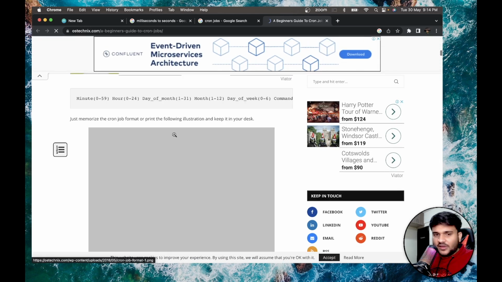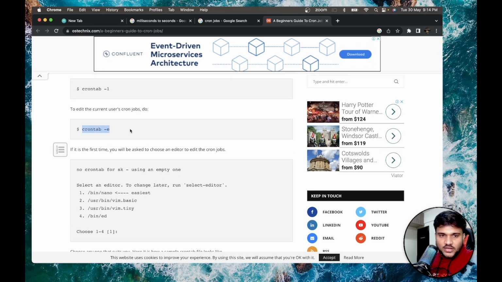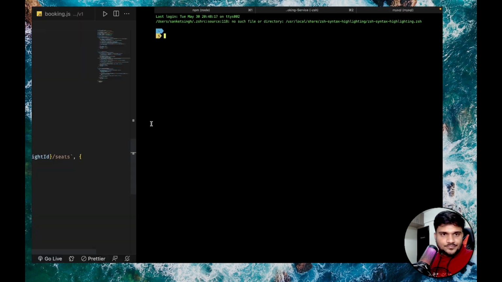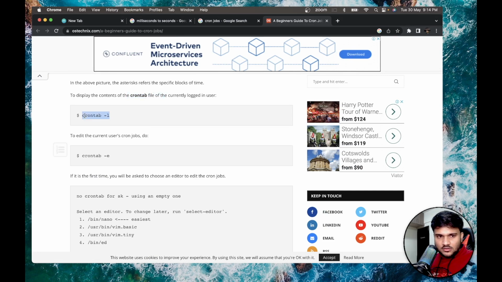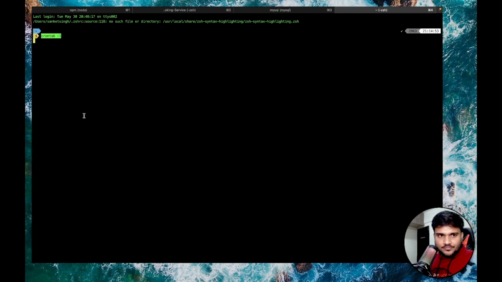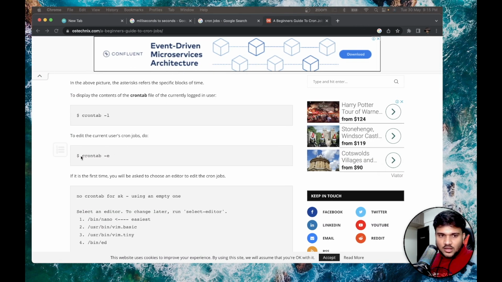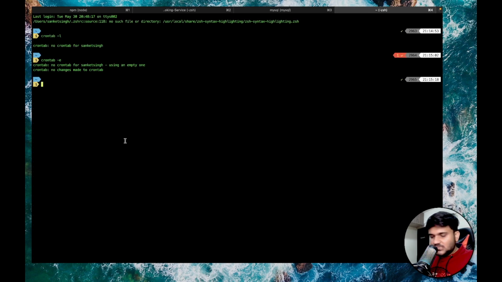And there is a cron tab file. In Linux machines, there is a cron tab file, right? You can actually see that cron tab file. I believe I can also open it considering that I am on Mac, right? So to display the contents of the cron tab, you can do crontab -l. It says no crontab for Sanket Singh. So currently there is no crontab actually configured, but you can actually set up a crontab. If I do crontab -e, then you can see it is asking me to set up a crontab, right? I will not manually set up a crontab